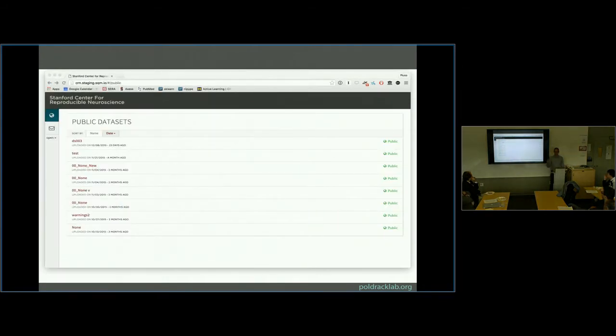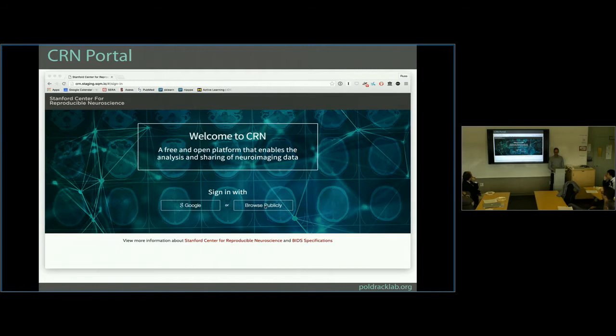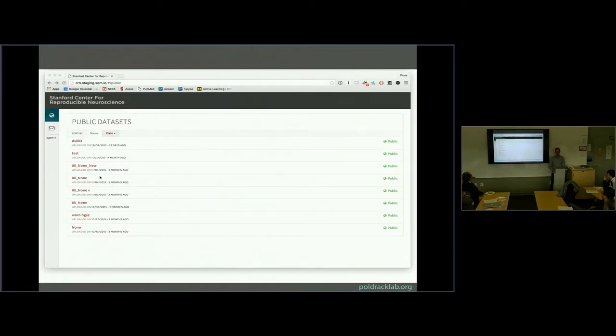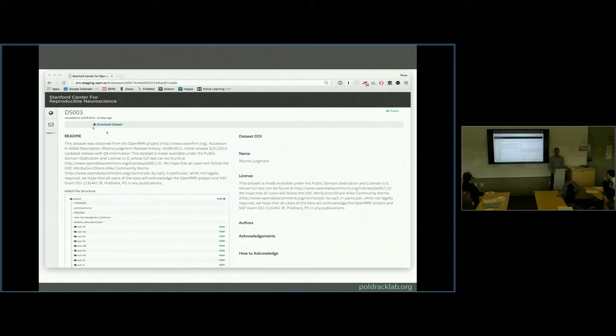Basically, if you just show up and you want to browse publicly, you click on browse publicly and you can see, here's a bunch of public data sets. If I wanted to look at this DS003, I can see some metadata about it. It ultimately will have DOIs. We can tell you how it's licensed, and in general, unless otherwise noted, all the data are licensed by the most lenient license we can use, which is a public domain dedication, which basically says, go do anything you want with these data. And then we ask people to attribute: if you use the data, please tell people where you got it, please attribute to us that you got it from us, and share anything you do with it.